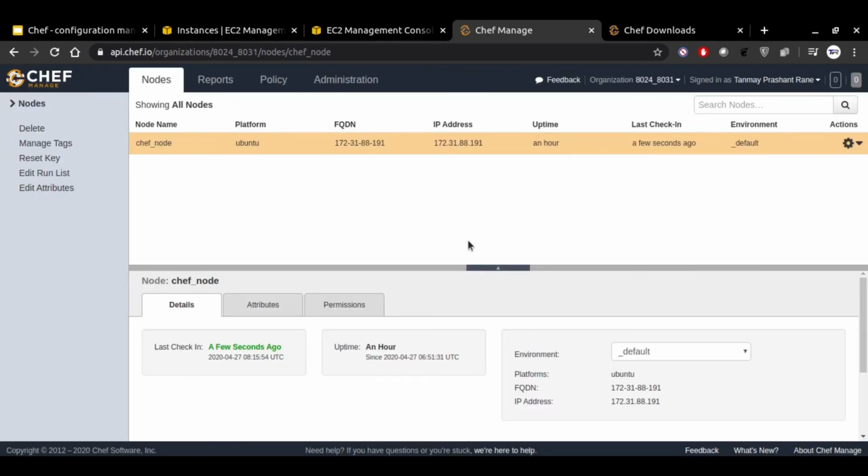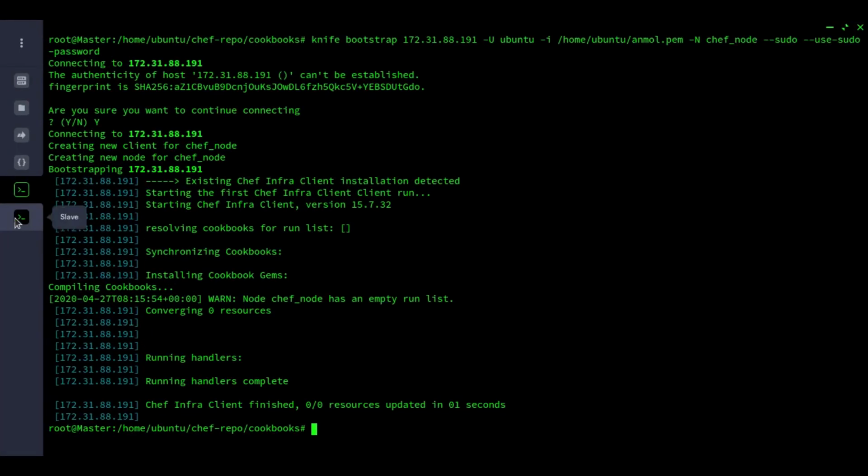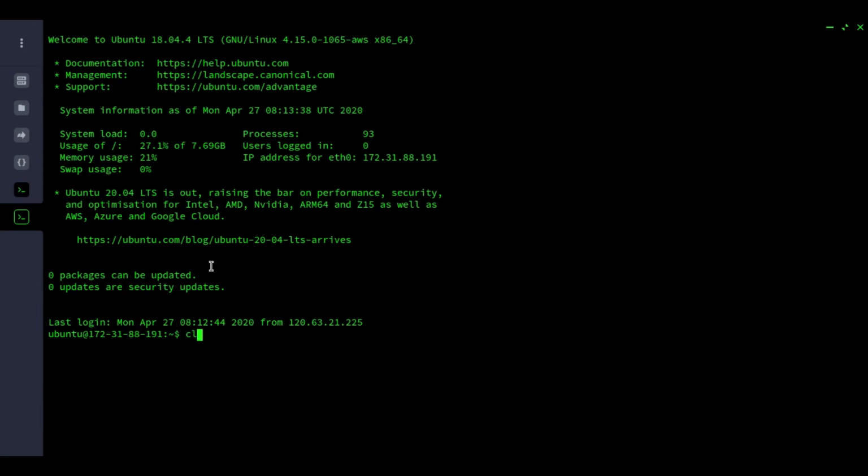So after doing this, we'll issue a command from the slave node telling that I just want to pull the configuration which has been applied. So the command to do that is chef-client,